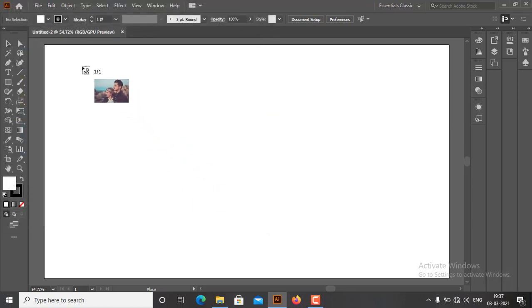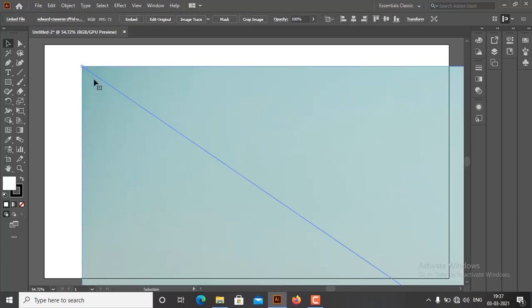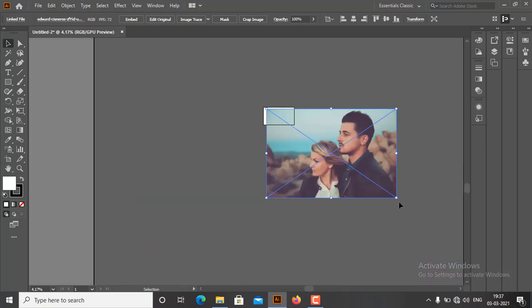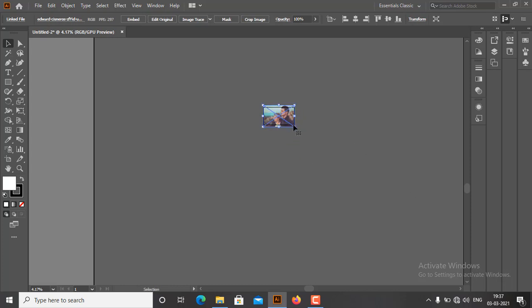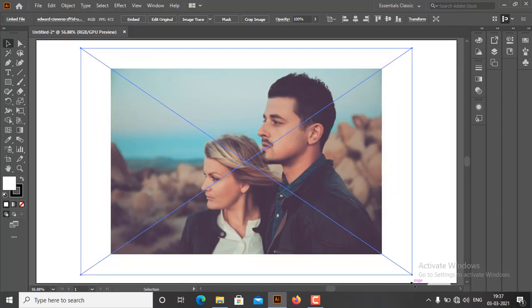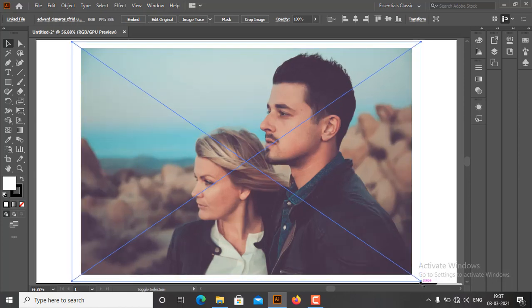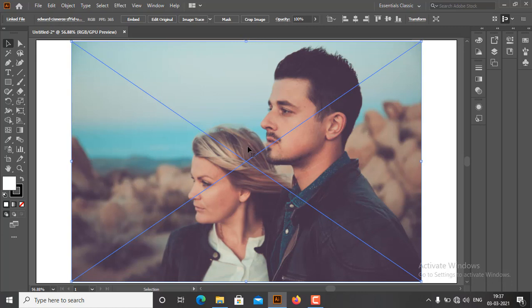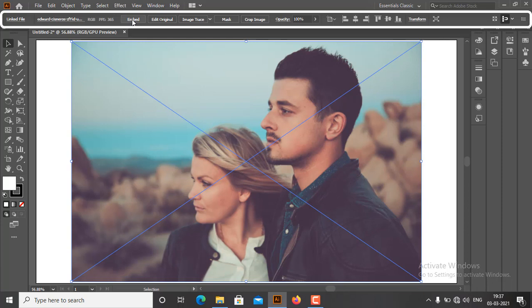We can see a loader cursor with the preview of image on the end of it. Now place the image inside the artboard. So we just click once and the image is placed in. Here you can see a cross sign on the image. To delete it, go to Property bar and click on Embedded button.